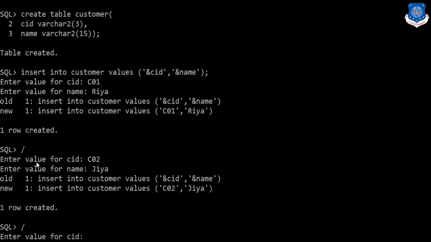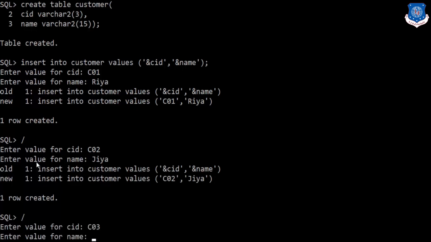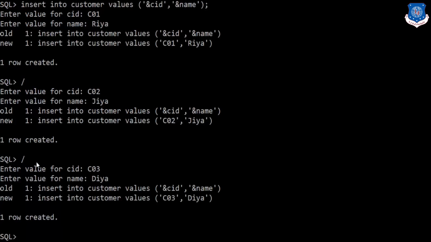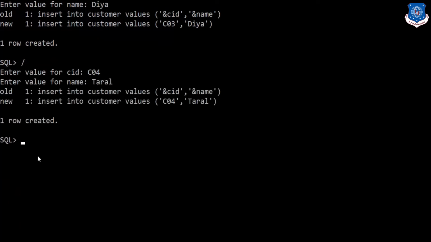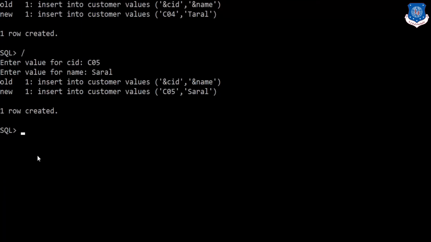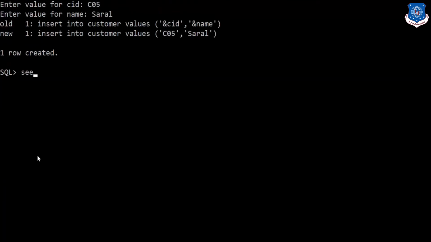Next record is C03 name is Dia. Next record C04 name is Taral. Next is C05 name is Saral. Let's retrieve the data of customer table using select command. Select star from customer.